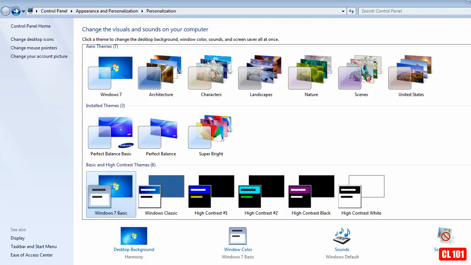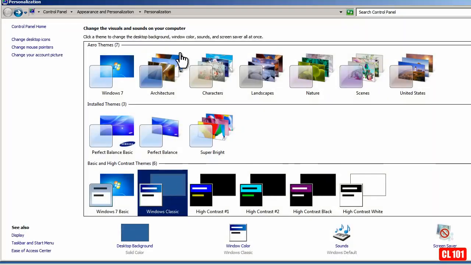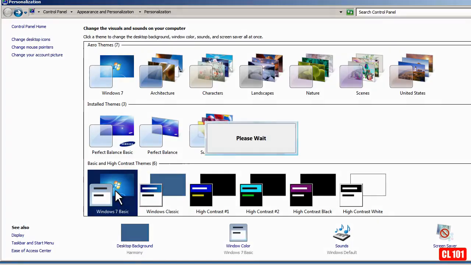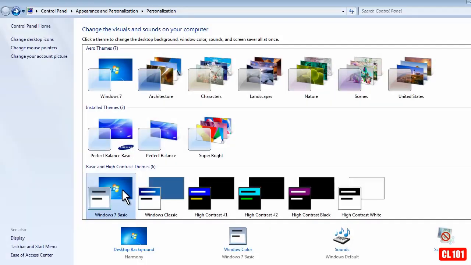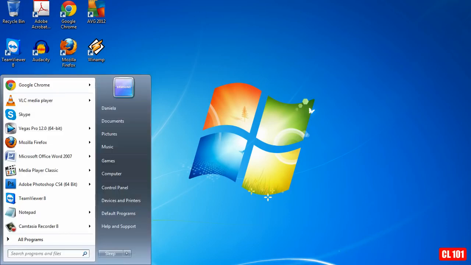If you want to go a step further, you can use the Windows Classic theme, but that basically strips Windows all the way, and as you can see, it looks like an old version of Windows because it's Windows Classic. But Windows Basic will be enough for this step, so just click on Windows Basic, select that one, and that's the one we're going to go with. After you've done that, all you have to do is close down the window and go to Start,